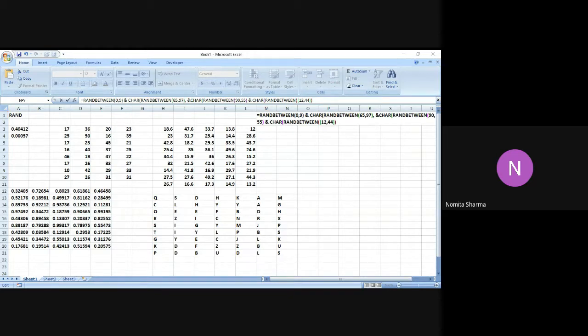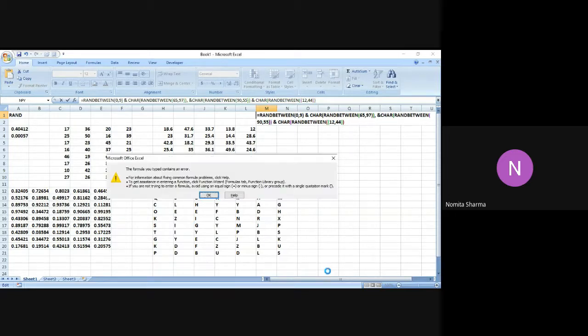So please remember to put the double bracket every time we are using the CHAR function, because one bracket will be there for RANDBETWEEN and one closing bracket for the CHAR function. So let me just put the double bracket.